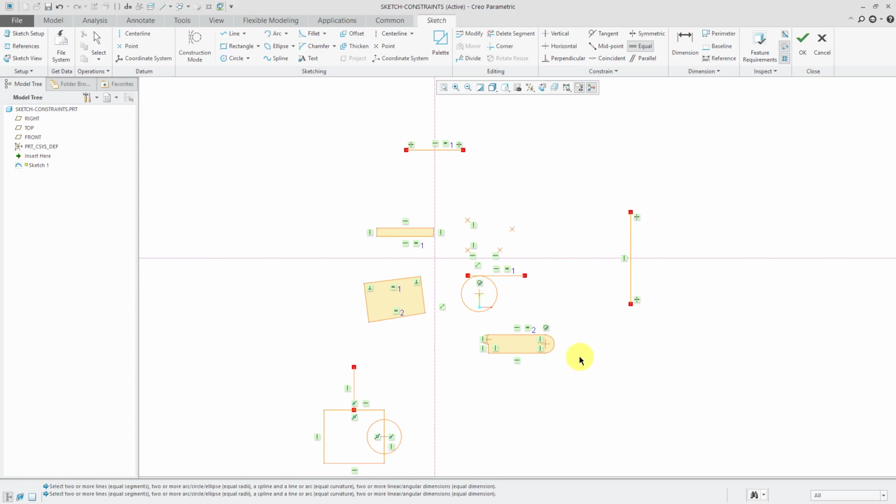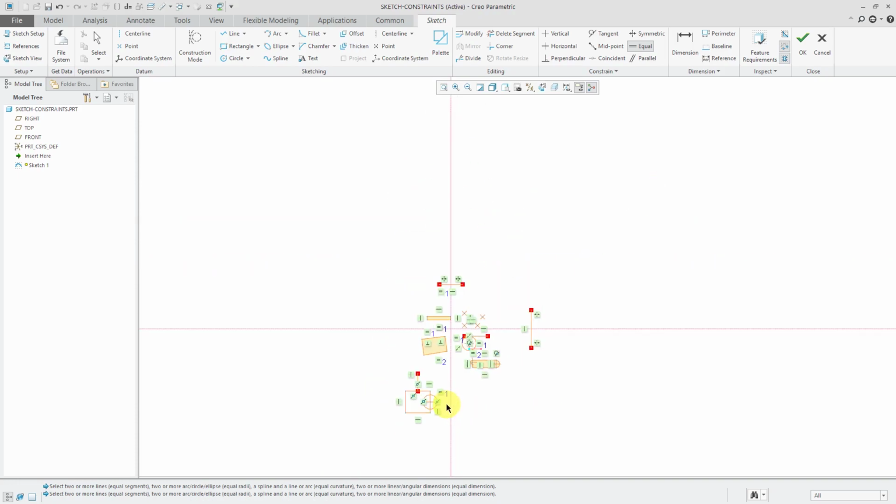For the equals command, you can also use them on arcs and circles. So for example, I can pick this circle over here. Oops, let me go back to the equals command, pick this circle and then this circle over there, and they have the same radius and diameter now. And next up with the parallel command,